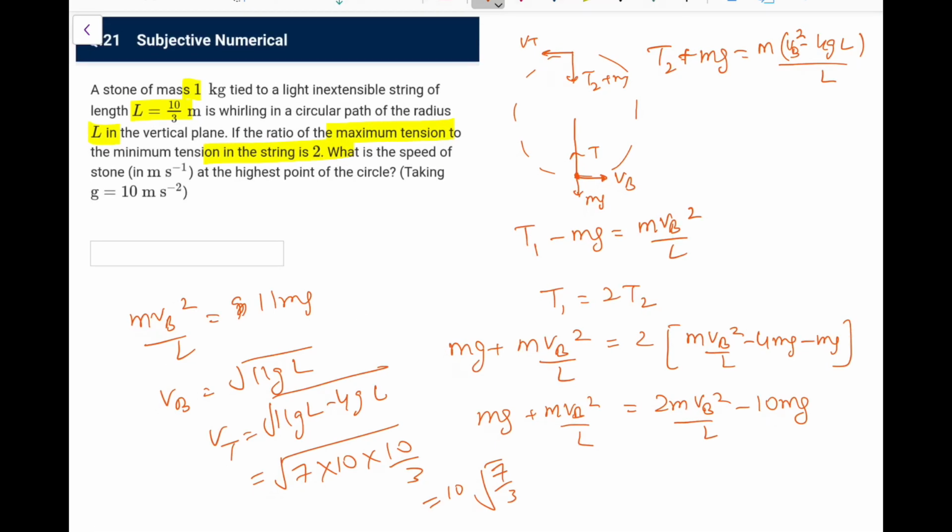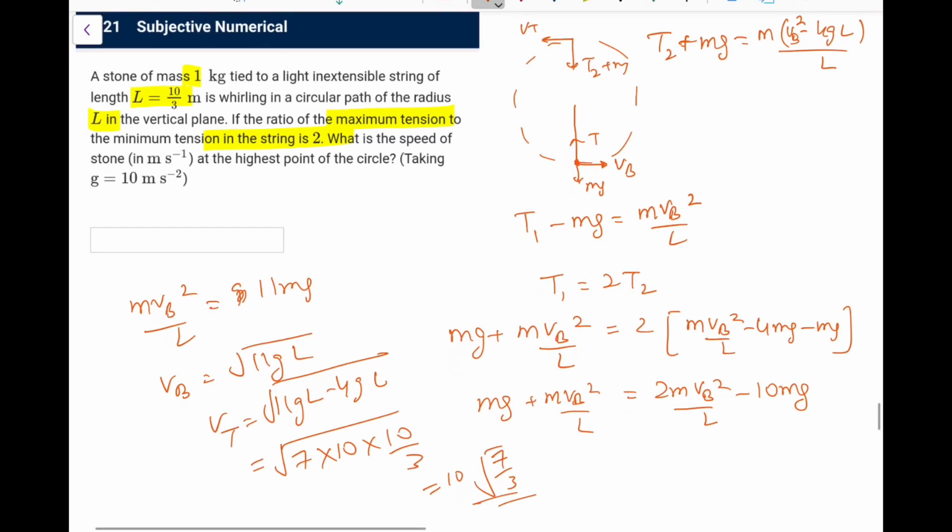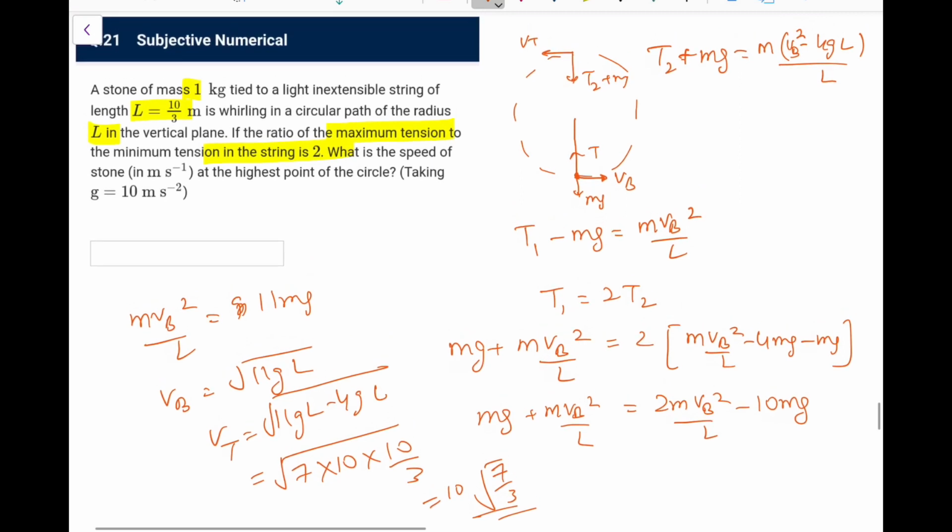But what we are seeing is the answer is 10, and if I see their explanation, they have assumed the speed to be same. I don't know why they have taken it to be same. If it is same, then what is the use of moving it in the vertical plane? So the solution given is wrong. It would be 10 root 7 by 3. Solve for it, whatever be the value it comes. So this question is not solved correctly, and let me do it for you. What would be the answer?